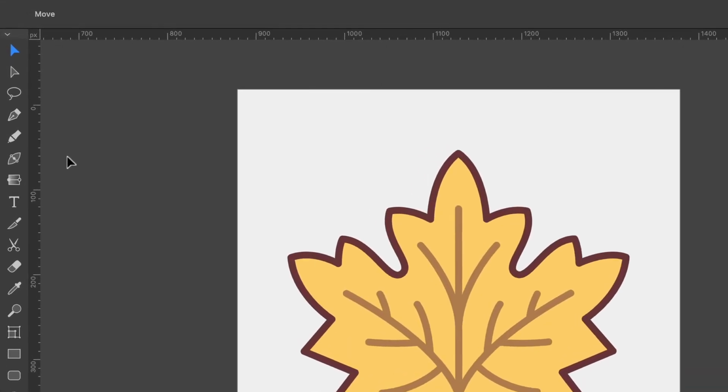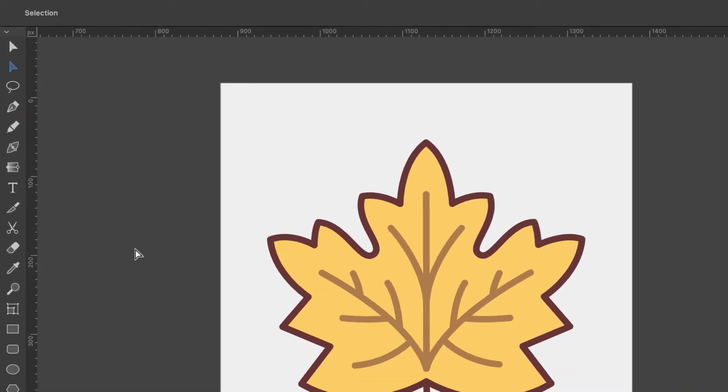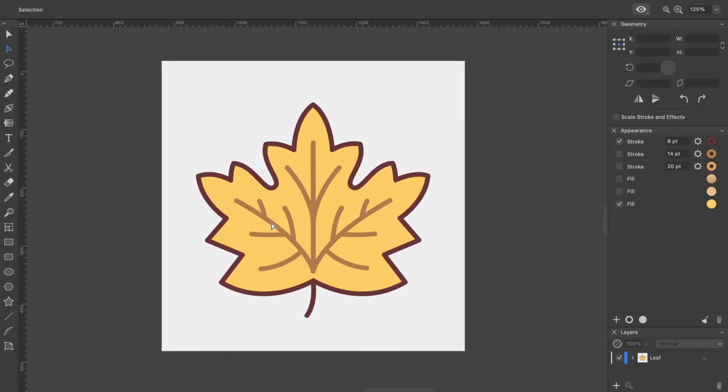Two main tools for editing paths are Selection and Pen tools. We'll start out with the Selection tool. Once this tool is activated, clicking on a shape will display every anchor point of the path that defines the shape. In our case, click on the leaf. A part of the path between two anchor points is called a segment. The location of each anchor point defines the shape of the path. Relocating anchor points will let you easily reshape objects.